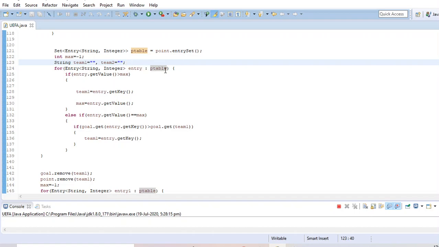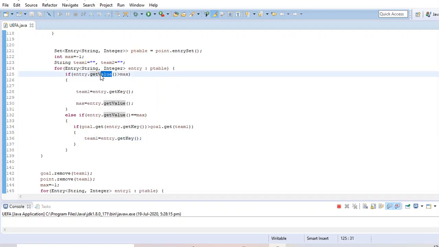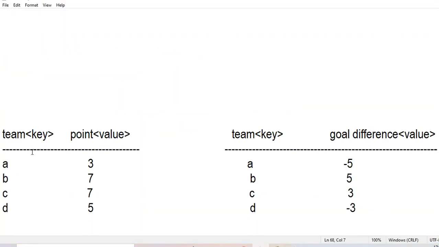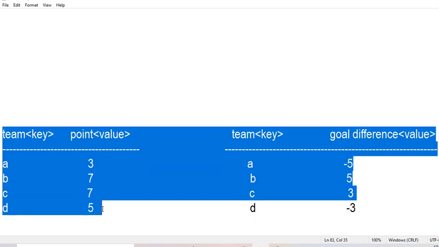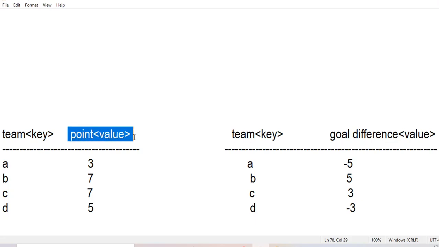And if entry dot get value is greater than max, get value gives the value in the point table. Here this will work like that. Suppose this is the hash table where the team name is the key and the point is the value.